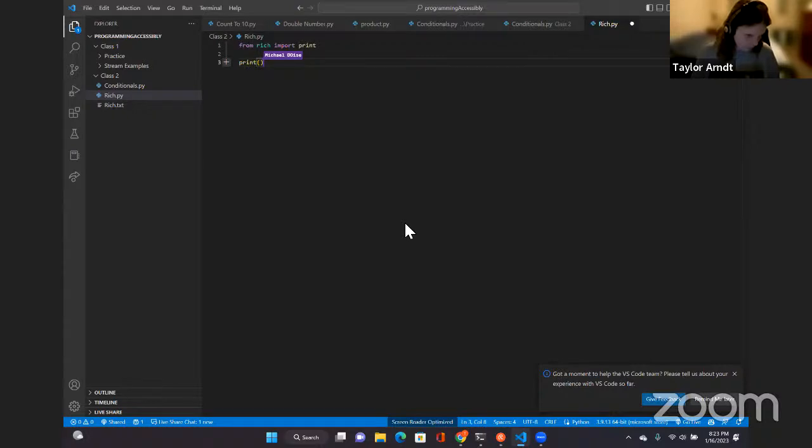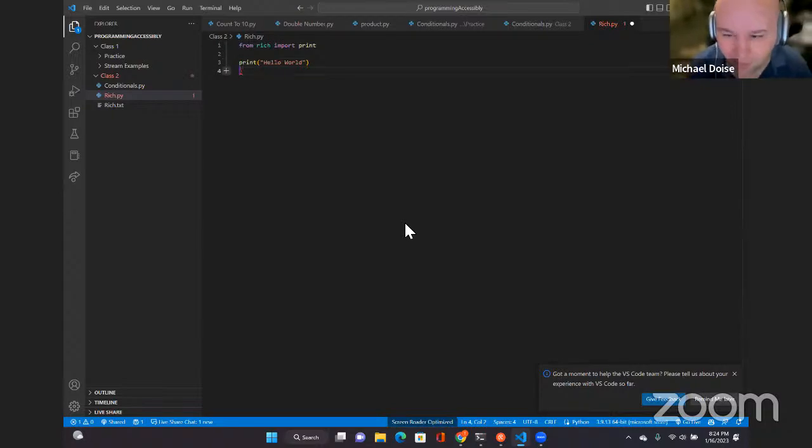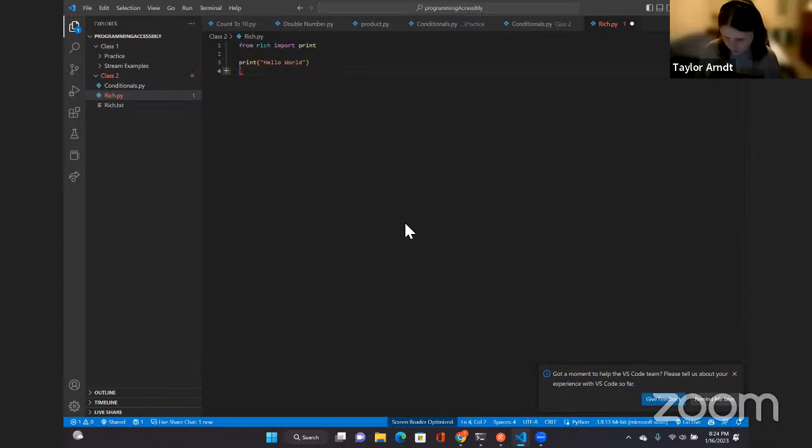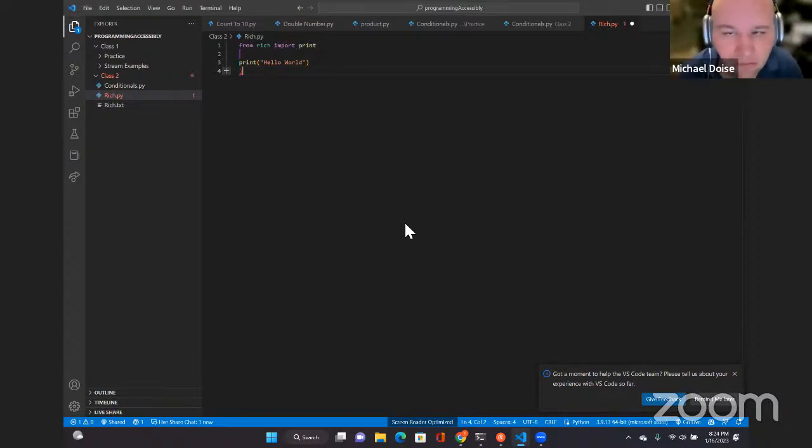They're line editing nearby. That will work using the rich library. Print left paren quote hello world quote right paren. From rich import print, right? Print right paren. Right there. But if we did this, so if we did this, we would have to do